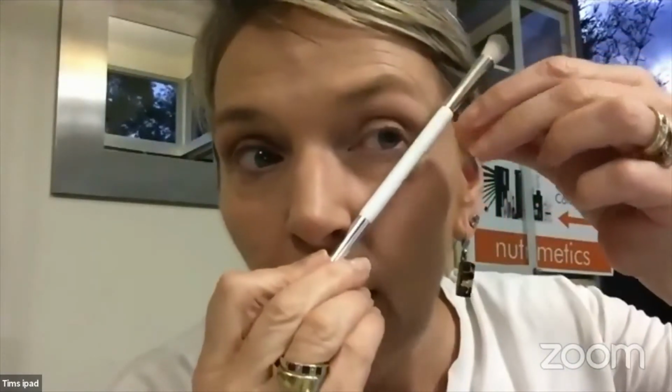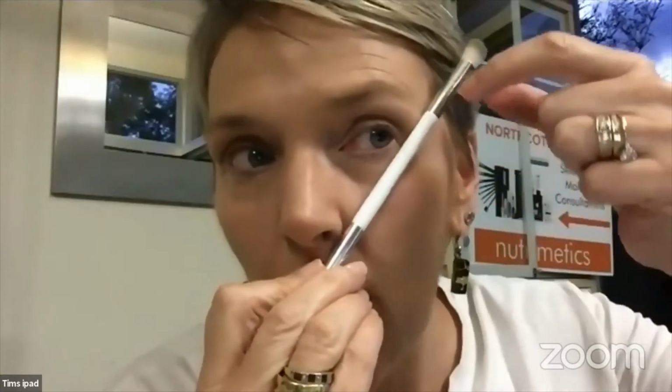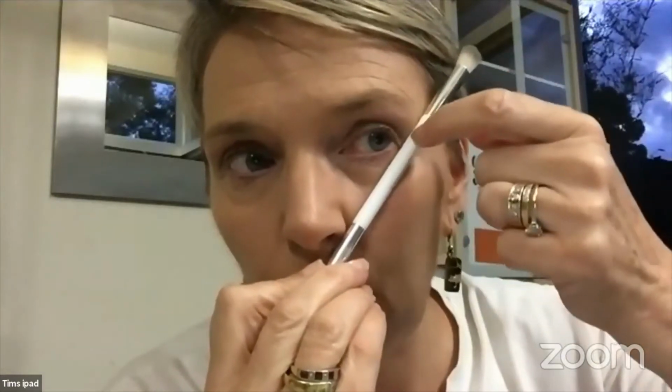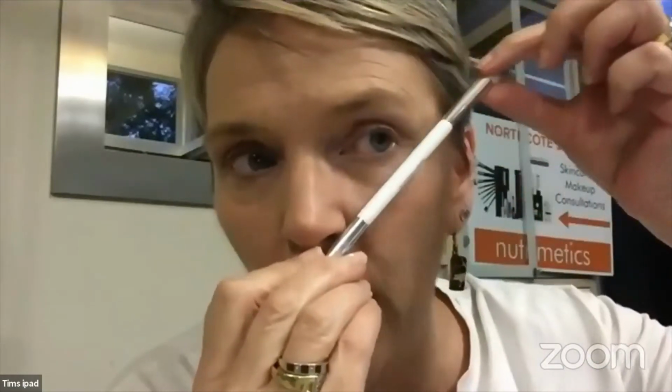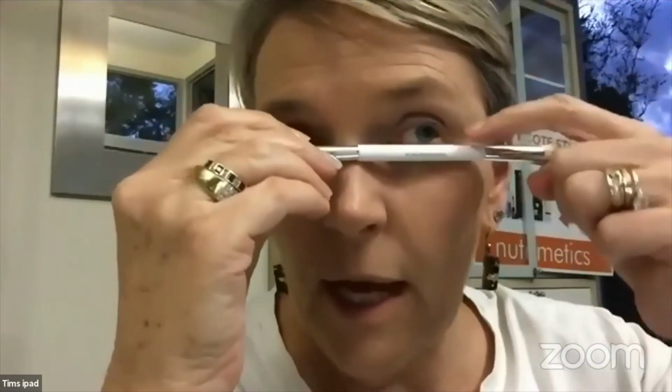And the trick with eyeshadow is take your pencil from the corner of your nose up to the corner of your eye and up to your eyebrow, and you want to make sure that no eyeshadow goes below that diagonal line. So if you have eyeshadow coming down here, you're going to make your eye socket droop forward and close down your eyes and look old, right? So by just placing the eyeshadow, you're actually giving yourself and your face a bit of an eye lift